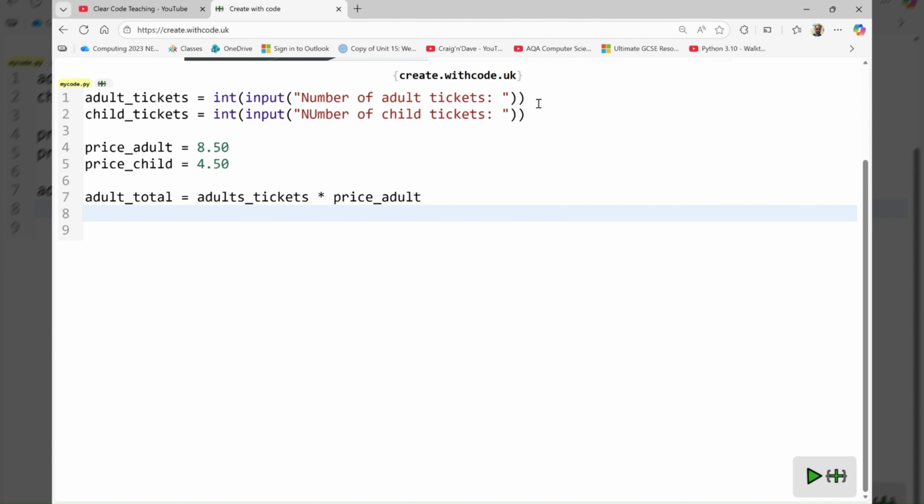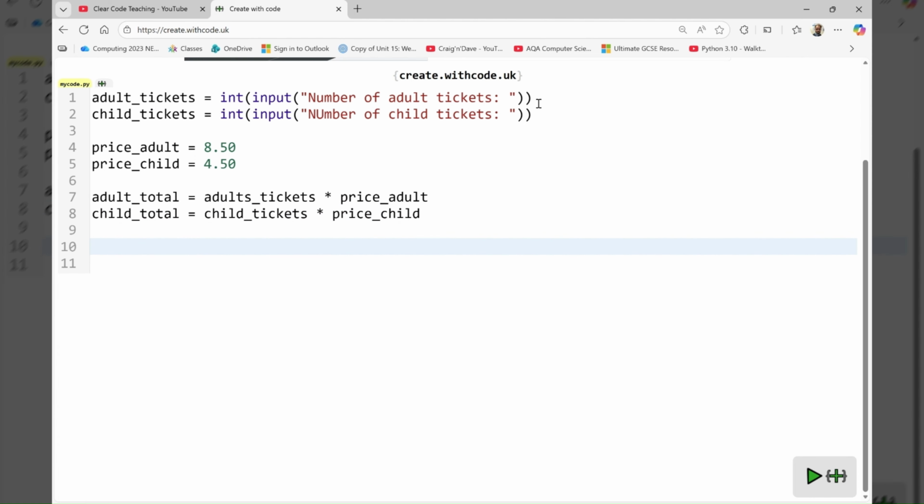And then we take the child total variable and we look at child tickets and we multiply this by price of the child. We create a total by just adding these together. Total equals adult total, add child total,